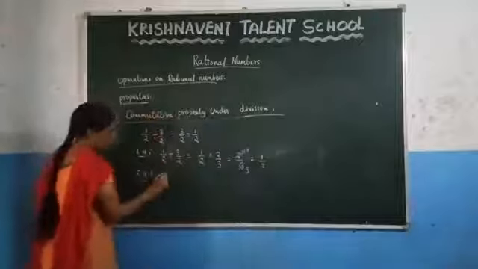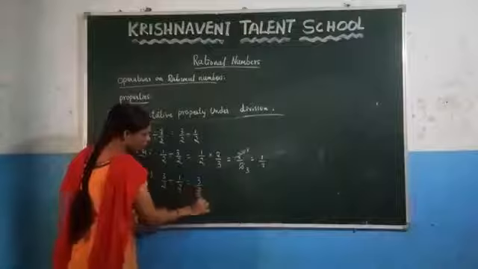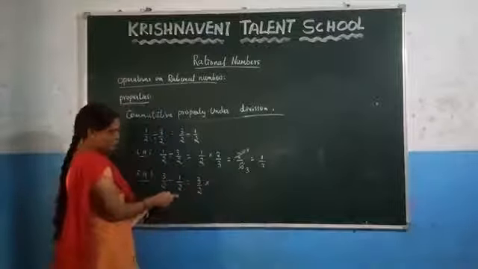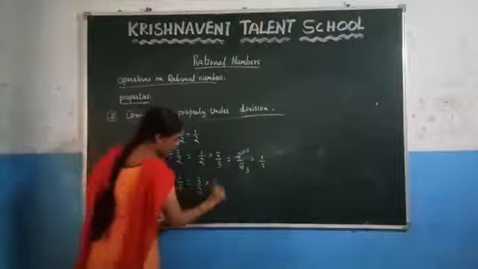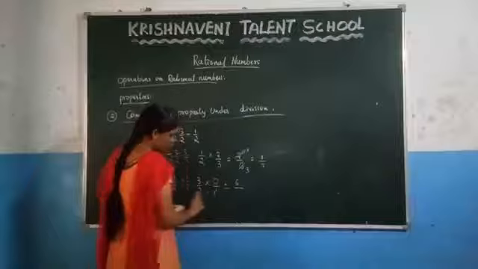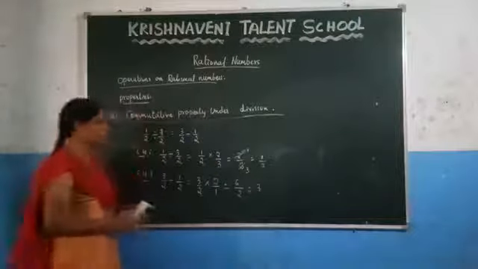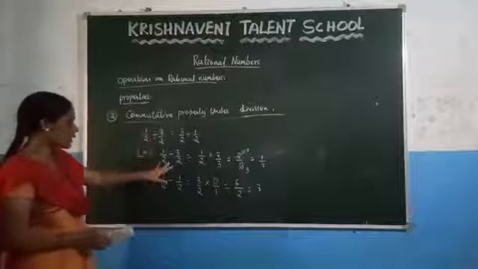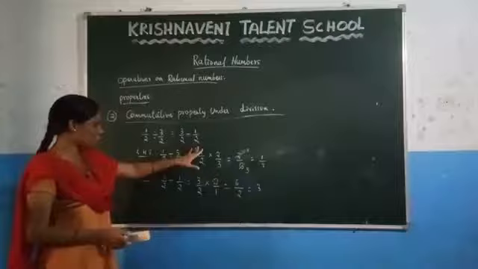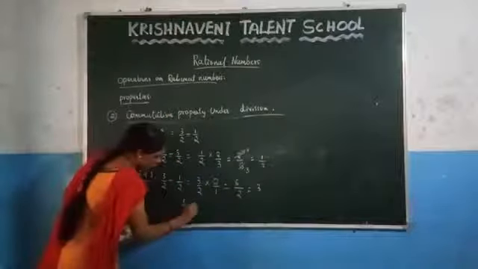Now take RHS, which is 3 by 2 divided by 1 by 2. 3 by 2. In case of division, if you keep multiplication, you have to change this order. You have to write 1 by 2 as 2 by 1. Now after solving, what you are getting here? 2 into 3, which is 6, and 2 into 1, which is 2. You are getting the result as 3. So here, if you divide these two numbers, you are getting the result as 1 by 3. And after changing the order, if you divide these two numbers, you are getting the result as 3. So here, is 1 by 3 equal to 3?